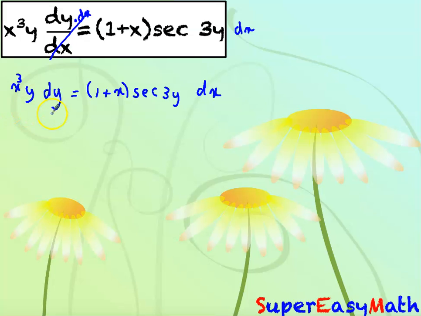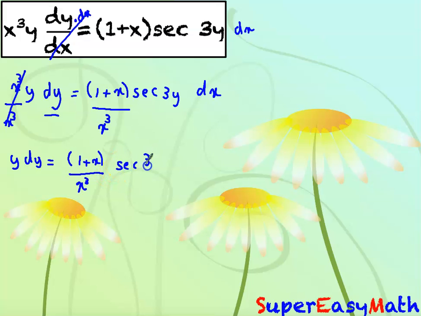Now we have here dy and a term contain x, so we should divide by x cubed to remove it. So y dy equal to 1 plus x over x cubed